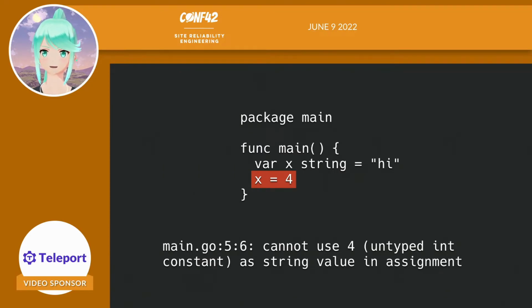As a result of this, though, you can't rely on the compiler to stop all incorrect code from being deployed into production. There's a wide range of errors that will be stopped in the process, but there are more subtle errors that can squeak by. This is an example of the kind of error that the Go compiler can catch by itself. If you declare a value as a string, you can't go put an integer in it. They are different types, and the compiler will reject it.